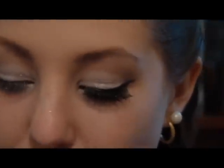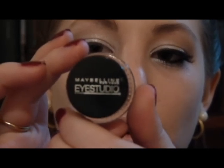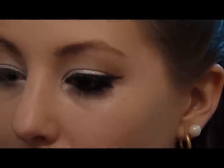Now the next thing you want to do is black eyeliner, and I'm just using a gel. This is Maybelline Eye Studio in Blackest Black, but you can use whatever you want. You can use a liquid or gel or a pencil, and with that I'm using my E05 brush by Sigma,